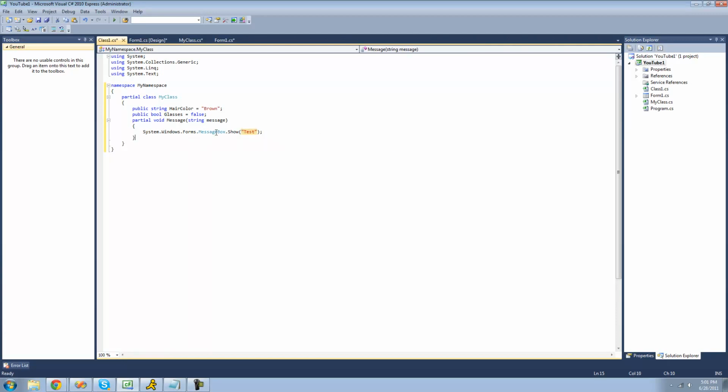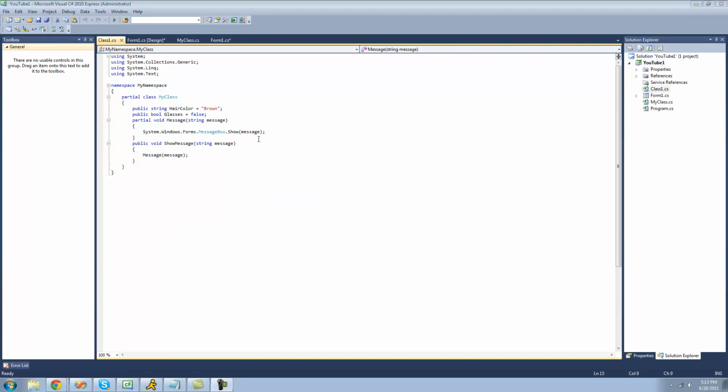Alright, so now we want it to display a message box with the same string that the user provides. So we're just going to put a message in here. However, you cannot put access modifiers on partial methods, so we can only use this method inside of this class. But we could create another public method that will display this message to the user. So we can have it call this void right here, and then display the message to the user. So we'll just say message, we'll call this void, and then we'll have it display the message that the user